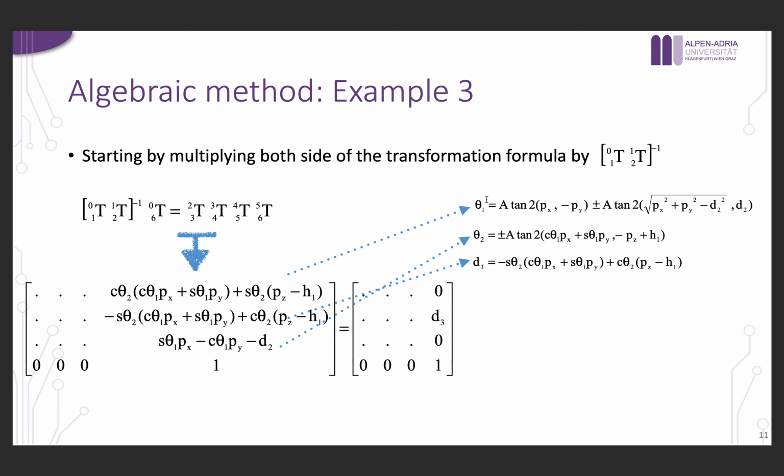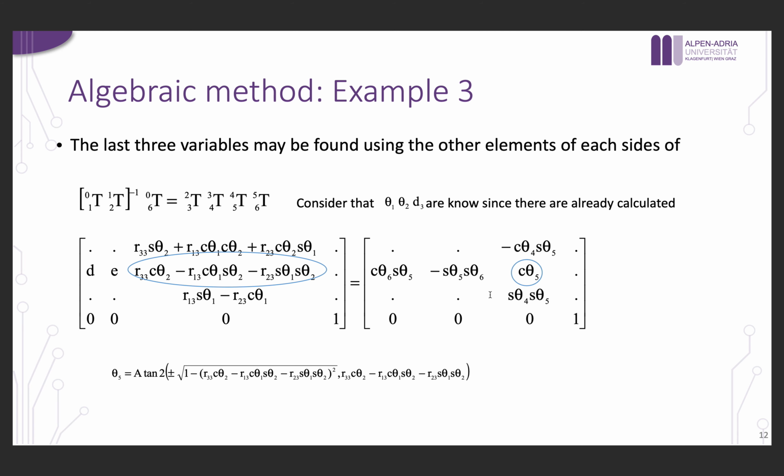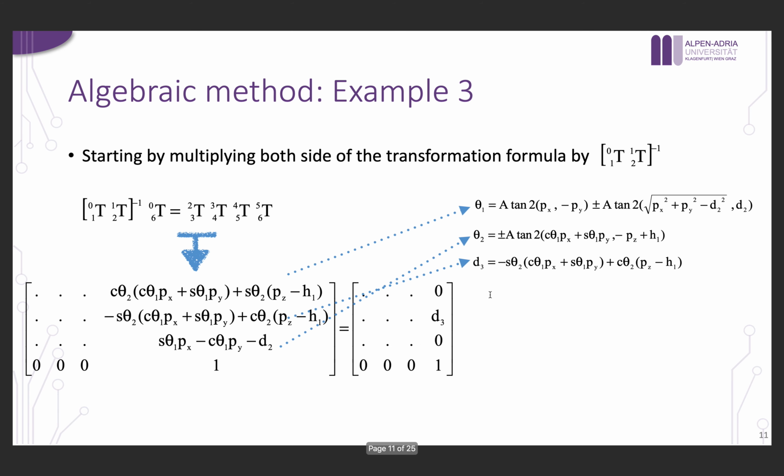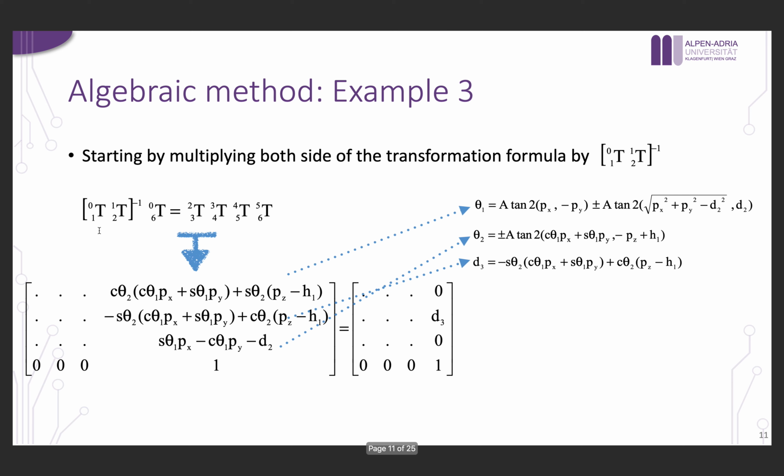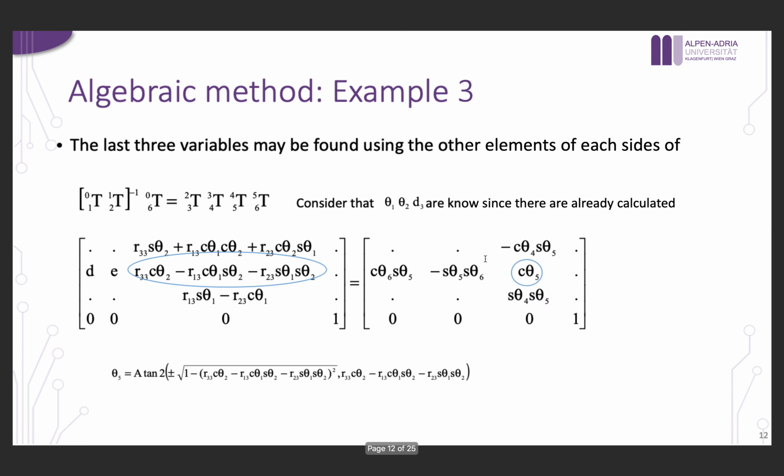And what they found is 3 variables with 3 equations. Everything else is known except the 3 variables. We could solve them to find these variables. Now here basically the last 3 variables may be found using other elements of each side. So what they are saying here is that I still can look here without going deeper, without adding more multiplication. After considering that I have now solved for theta 1, theta 2, theta 3,